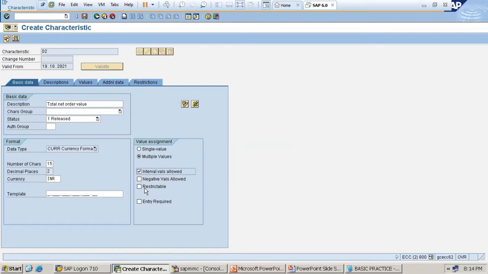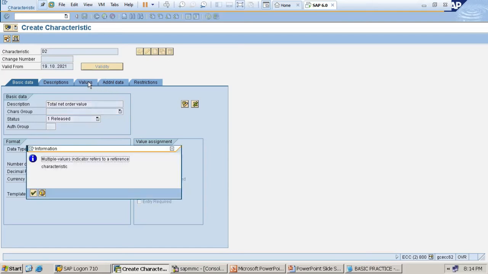If you want only restricted values, only 100, 200, go for restrictable. If you get 100, 500, then only I want the approval. But in real time, we're not supposed to use this one. Intervals are allowed. Then go for the values.